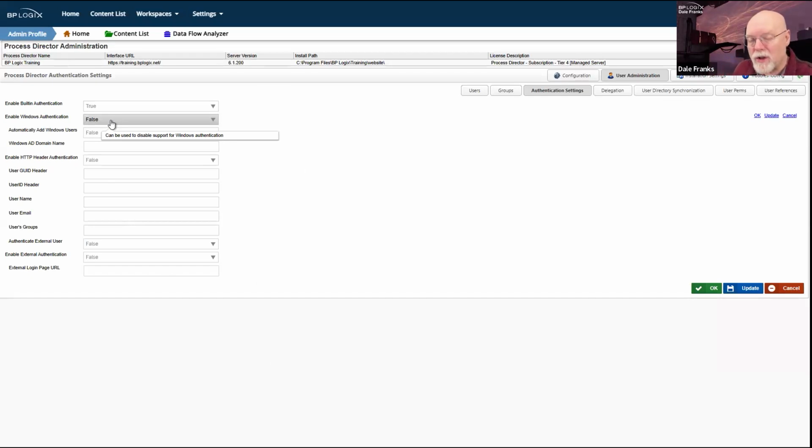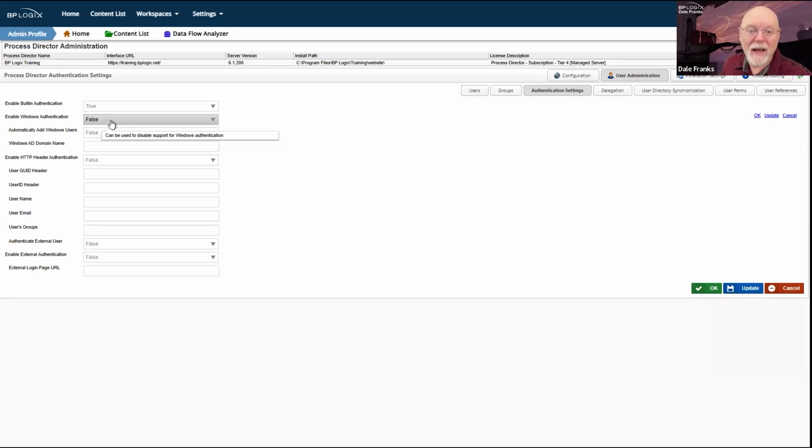The way this works is you simply don't log into Process Director. You log into Windows, and if you open up Process Director, just like it does for SAML in the cloud, it's just going to accept the HTTP header assertions that your identity is valid that come from Windows, and it's just going to let you into the system.